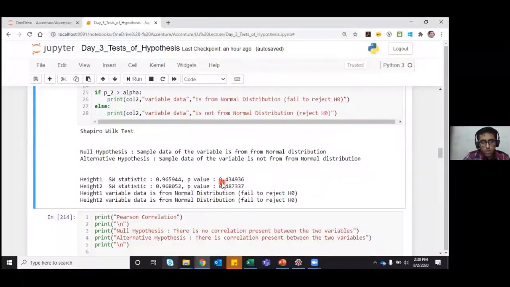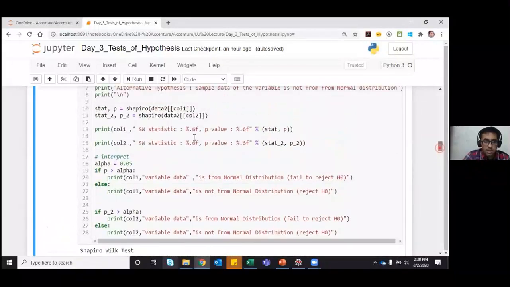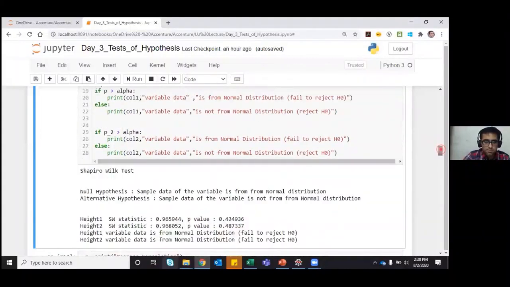So the p-value is very important to accept or reject a null hypothesis. And the syntax for the Shapiro-Wilk test is Shapiro.